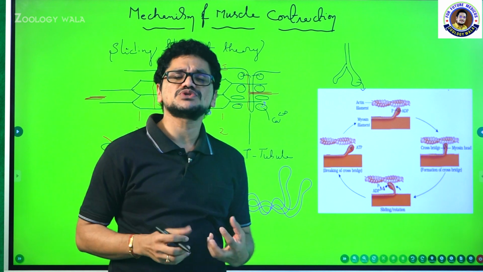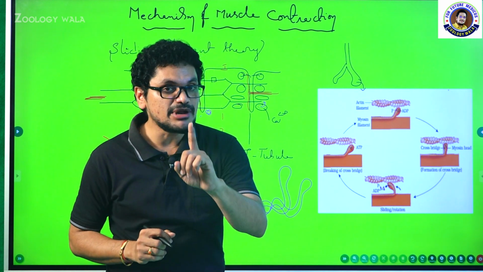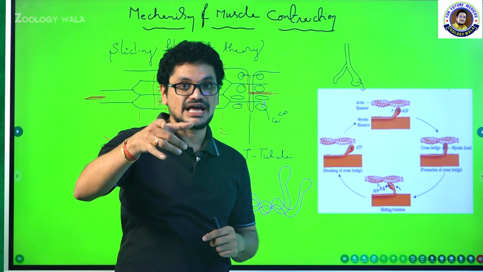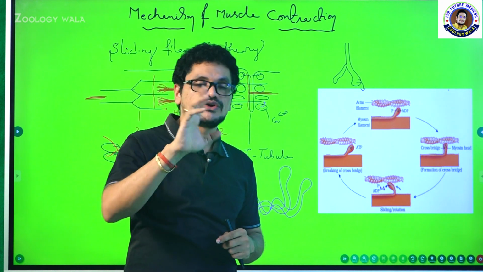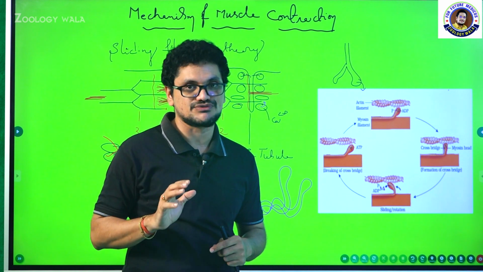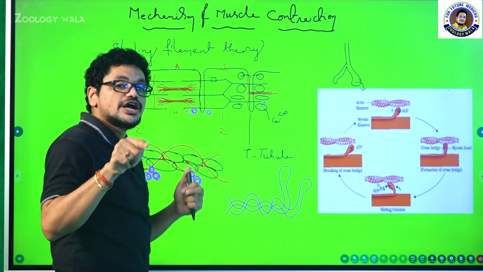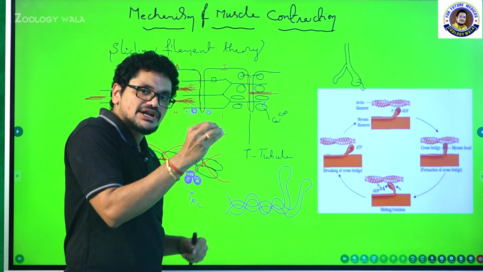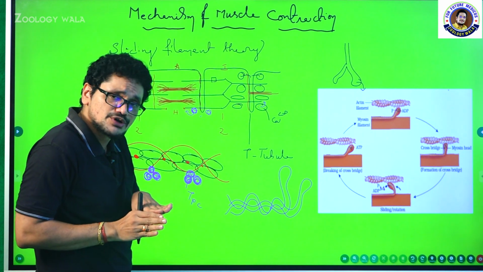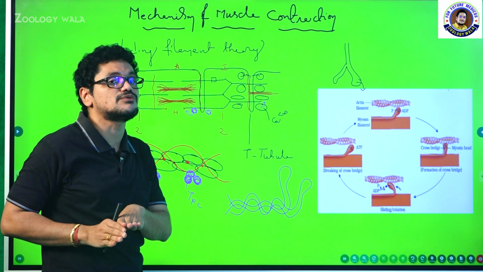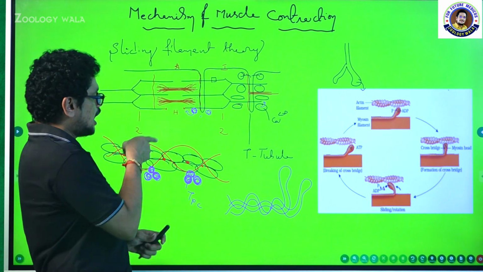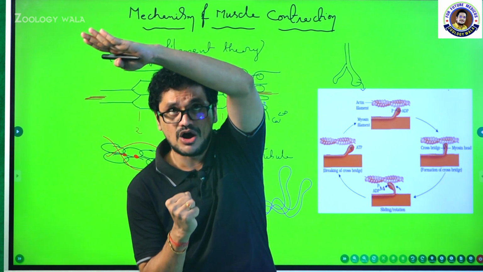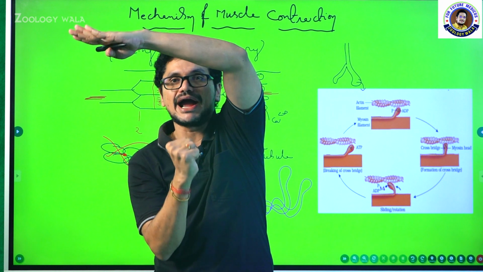So it is an interlinking story, very simple. From the examination point of view, a sequence model question is possible. How the signal will come to the muscle, I already explained. You can just rewind and you can see all the bits will come in the sequence format. Number 2, who is going to mask the active sites? Tropomyosin and subunit of troponin. When calcium ion reaches there, then the subunit of troponin and tropomyosin unmask the active sites, and now the active sites are exposed. When active sites are exposed, now the head of myosin will go and bind with the